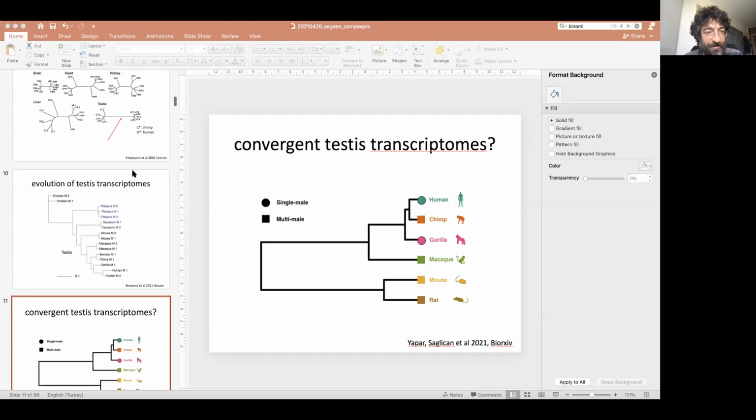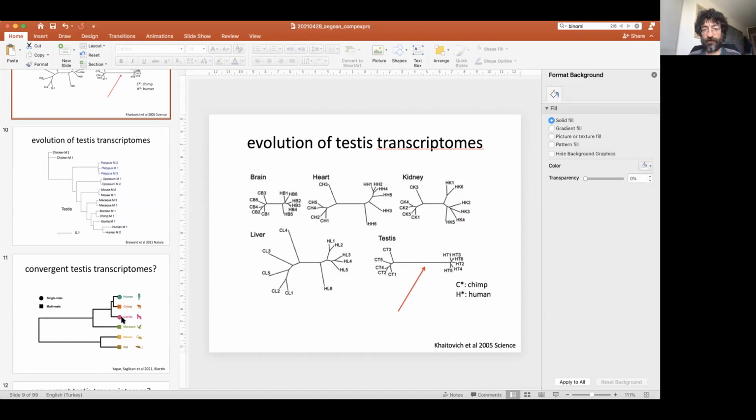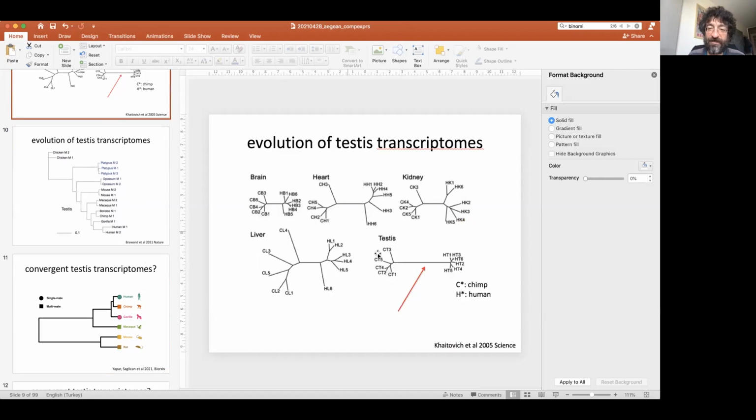Okay. Coming back to our transcriptome thing. So this was the observation: a lot of divergence between human and chimp. Again, we don't know which species diverged. For that, we would need what? Anybody want to contribute? How could we determine whether the divergence between species is divergence on the human lineage or the chimp lineage?